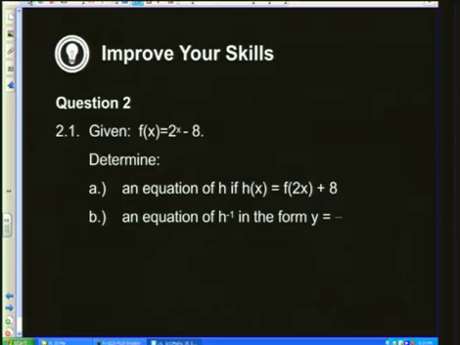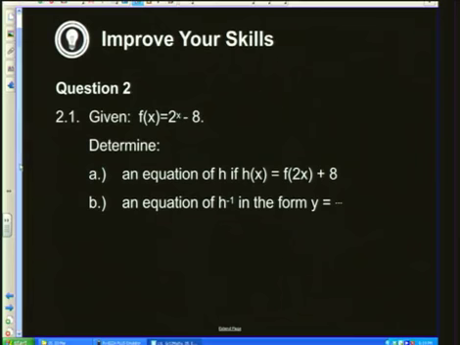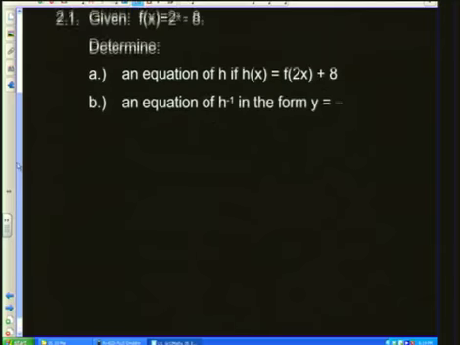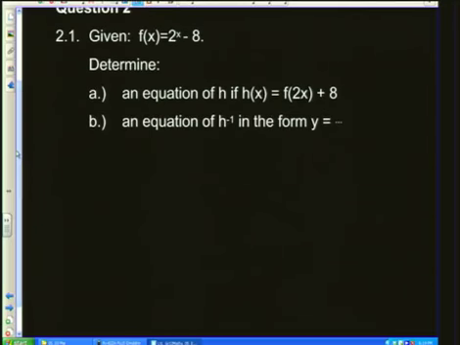We move on to question number 2. With your question 2, it says, it's given that the function f of x equals 2 to exponent x minus 8. Find an equation of h if h of x is equal to f of 2x plus 8. Now, remember guys, if you're given f of x equals maybe 3x, and I'm asking you to find